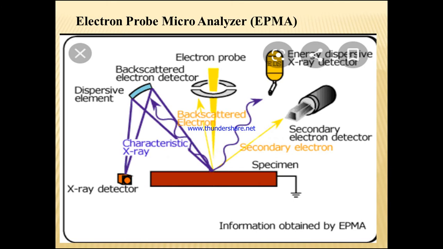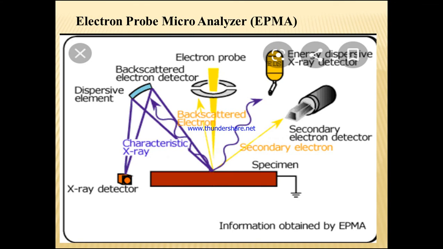When we compare the scanning electron microscope with this electron probe microanalyzer, we are going to have the best application with respect to this. We can go for chemical analysis, and geological materials can be analyzed by using this electron probe microanalyzer. It can also be used for the analysis of optical wafers, thin films, microcircuits, semiconductors, as well as superconducting ceramics.